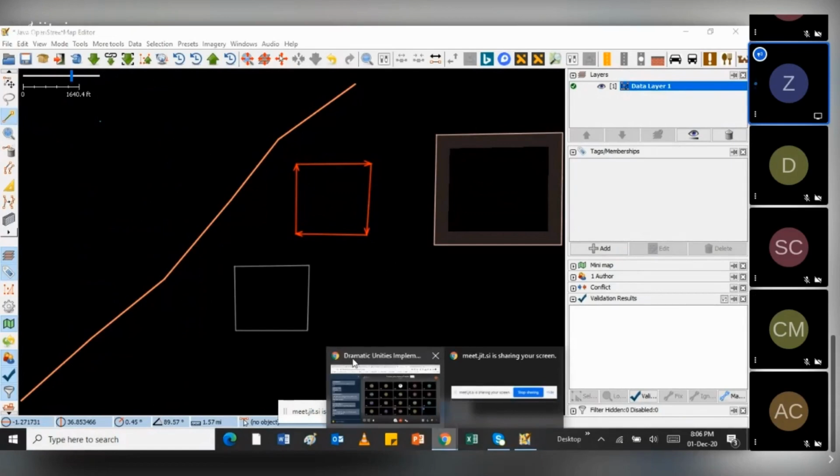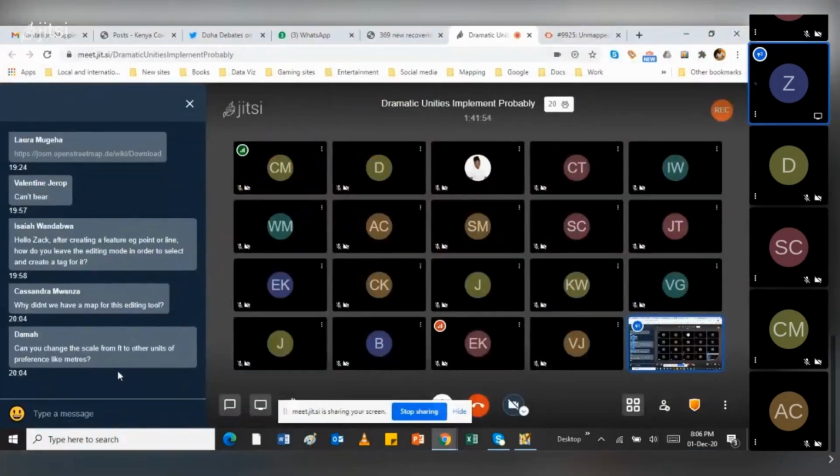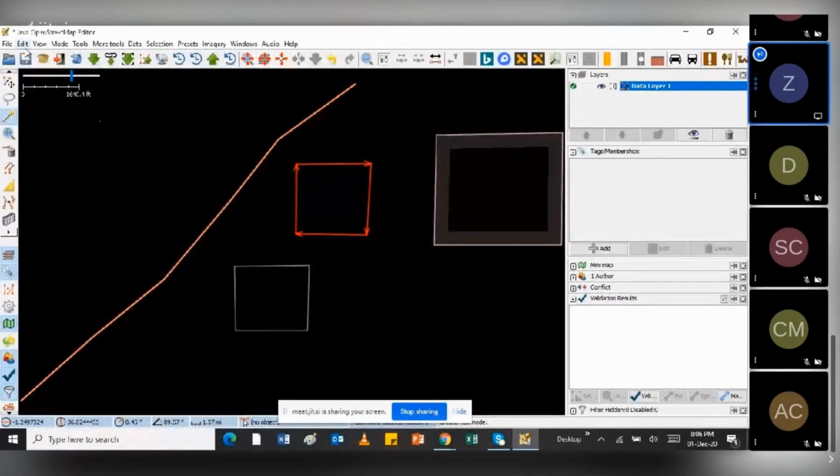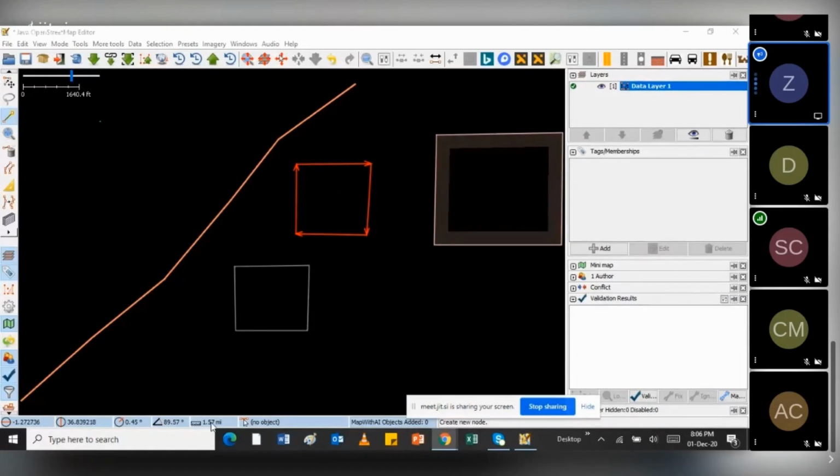Then, can you change the scale from feet to other units? Yeah, I think there's that option. I think below here you can do it. There are tools that you can use to make those changes. If you want to change the units, you can do that. As you can see below here, I think it's meters. So yeah, it's possible to change the scale. That's a question from Damaya.